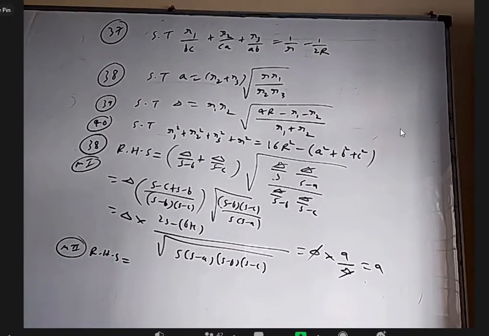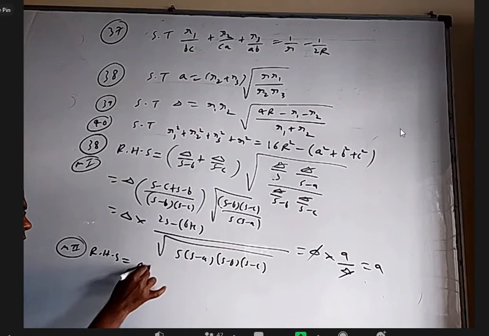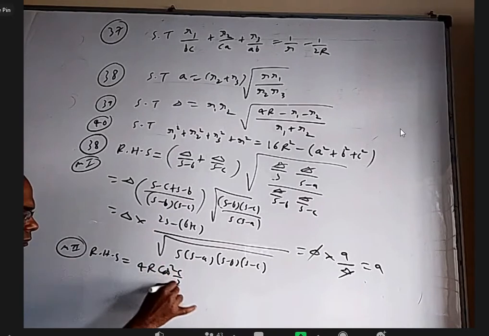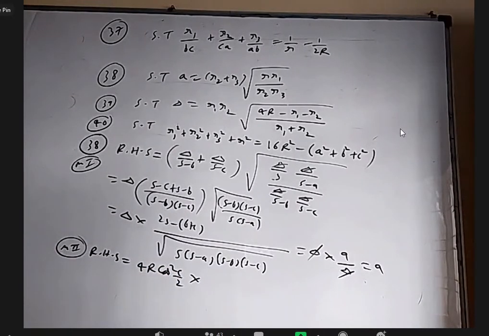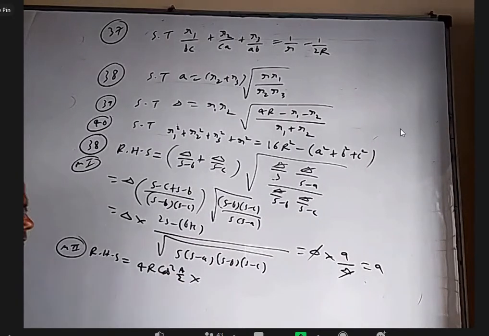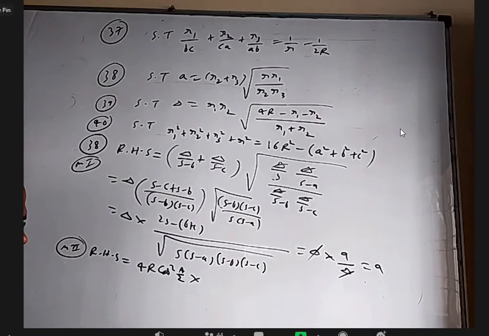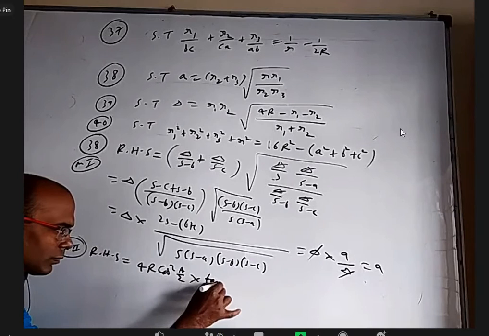If somebody uses 4 capital R and all that, also it should come. I think R2 plus R3 will come 4 capital R cos square c by 2. I'm directly writing, so cos square a by 2. Cos square a by 2, sir. Cos square a by 2. Thank you. This will come cos square a by 2. And this one, if you write 4R and all that, you will be left with tan a by 2. Yes, sir.